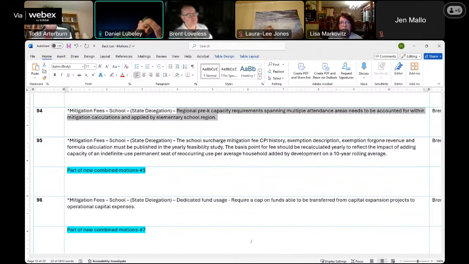So if I could interject here, I have my hand raised. So I support in theory what Brent is saying. We see pre-K coming along. It's going to be required. Unfortunately, right now, it's not required. And there are a lot of difficulties that come along with that. Specifically in this, a couple of the difficulties I see are it's not required. So how do you actually, as Lisa said, how do you actually